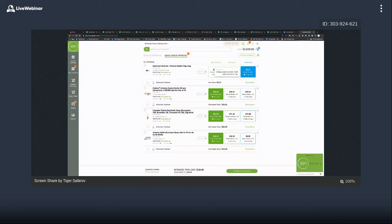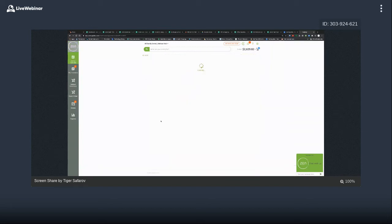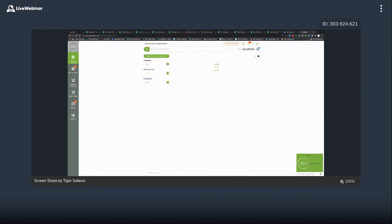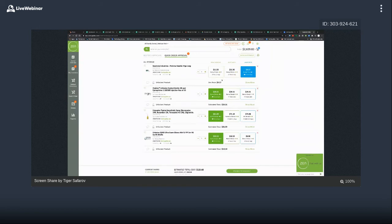If you don't mind, I'm going to use one more example. Yes, that's fine. That Cetacine topical. So it's made by the satellite industry. Oh, the back button doesn't work. Yeah, I was going to ask you. I ran into that yesterday, and I was wondering what's going on. Being fixed. Okay. So if we're looking at the Cetacine topical, $81.99 is the Benka Dental, and it says